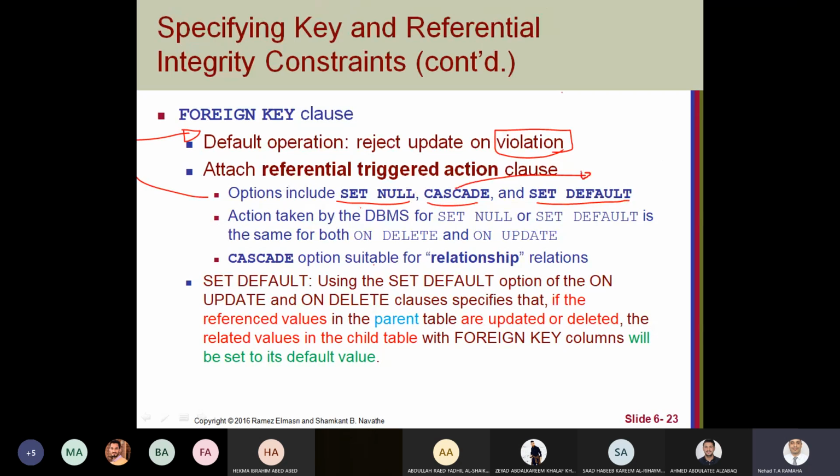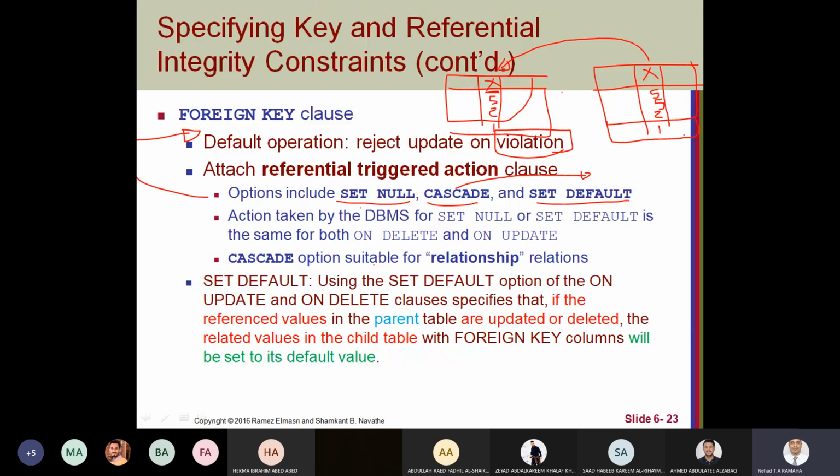Cascade means, if we have two tables like this, and we have X here, and this X is the primary key. For example, we have 5, 2, and here 5, 5, 2, 1, there should be 1 here also.